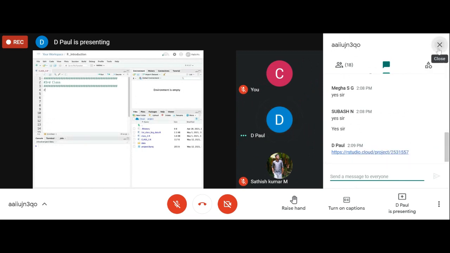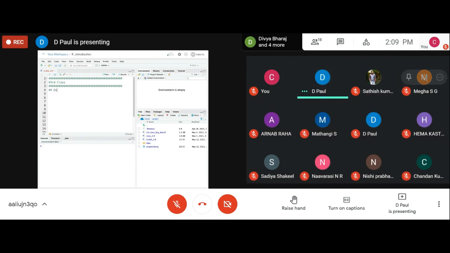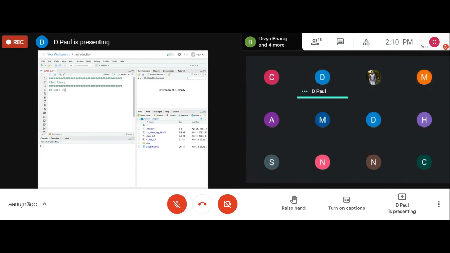Third class we'll have today. So we'll just go through some simple graph, how to plot. I'll just start with X, let's give 1 to 10. Y,